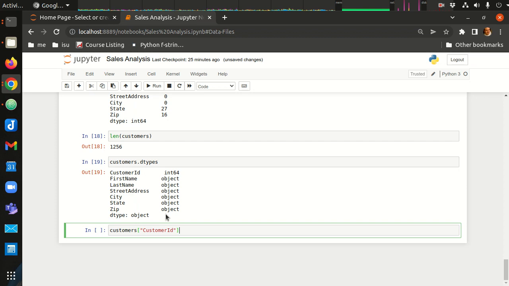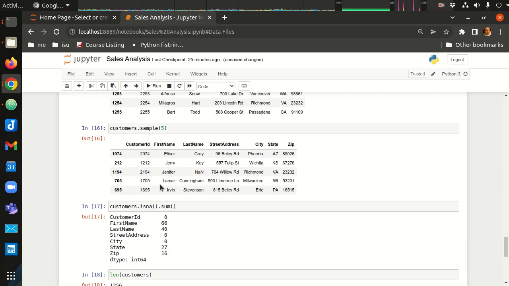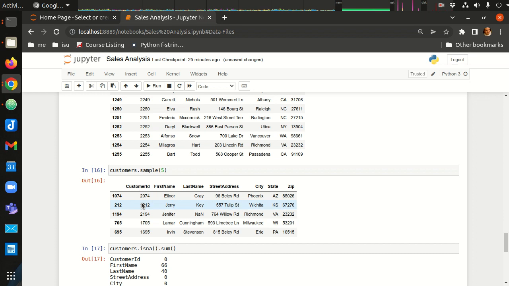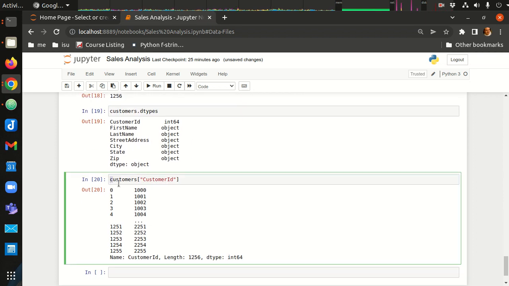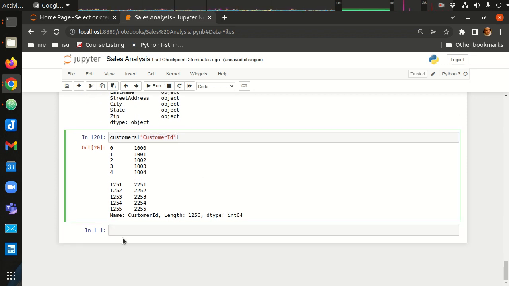So this is going to select one column from our data frame, and this gives us a series, right? So our customer, and then the index number, and then this is the one column, customer ID. If we look up here, this is the index number and then the customer ID. So when we access a data frame with the column name using the square bracket selectors, this is going to give us a series that's just that column, right? And so what we're doing here is we want to say customers, customer ID,